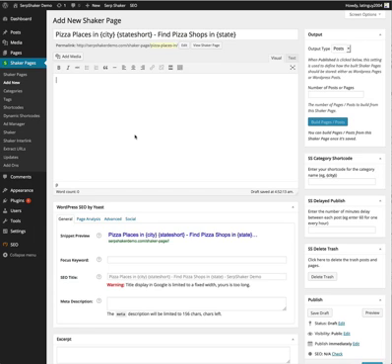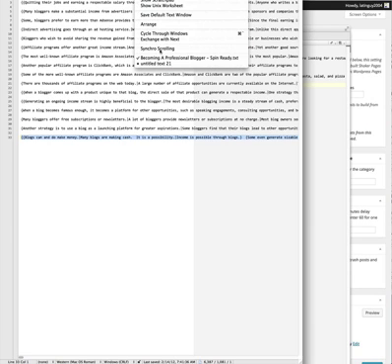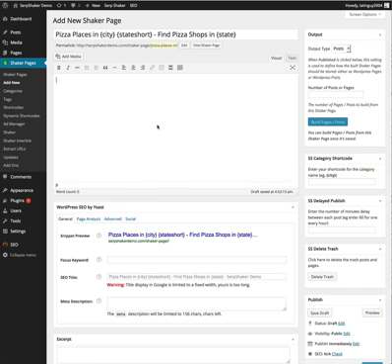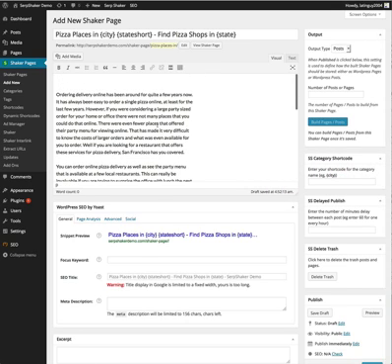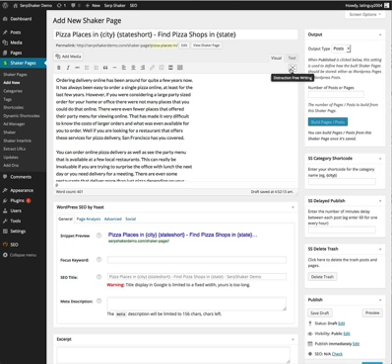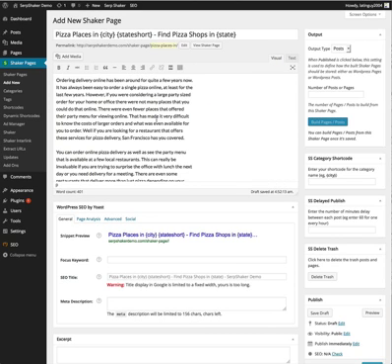Now the body of the article, I just grabbed a random article online. I'm just going to copy it out of here and paste it in here. So now that I pasted it in here,